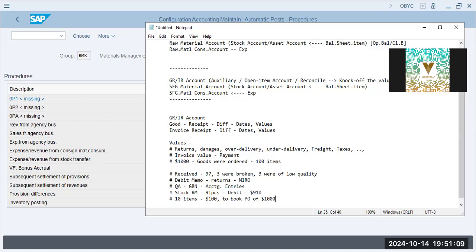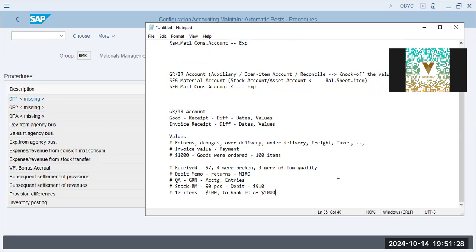Okay. $100. Let's say this was 4 items were broken, 90, and now these are 90 pieces and 10 items for $100. And now there is a difference of $100 now. Although your invoice